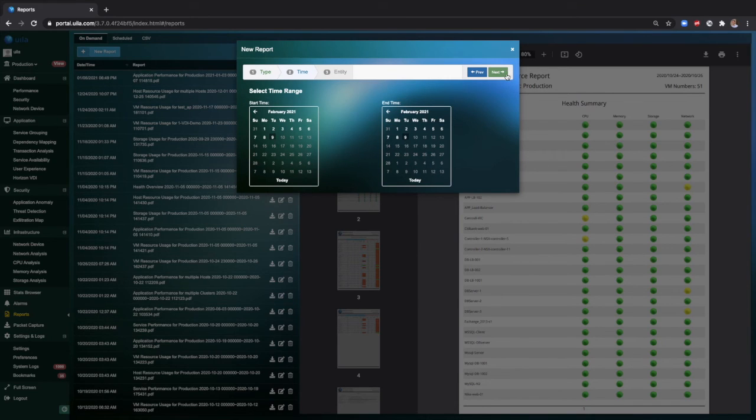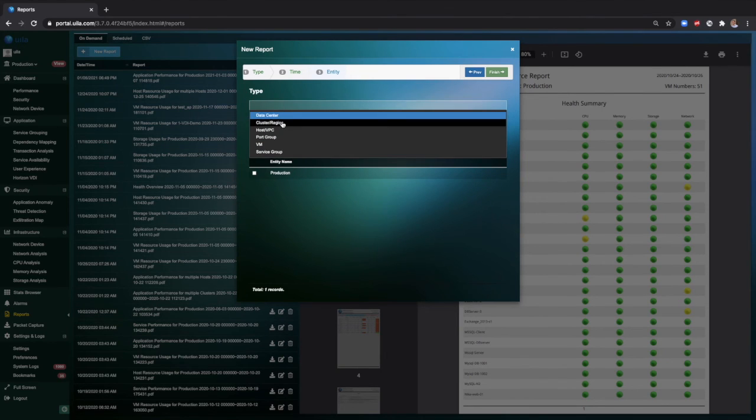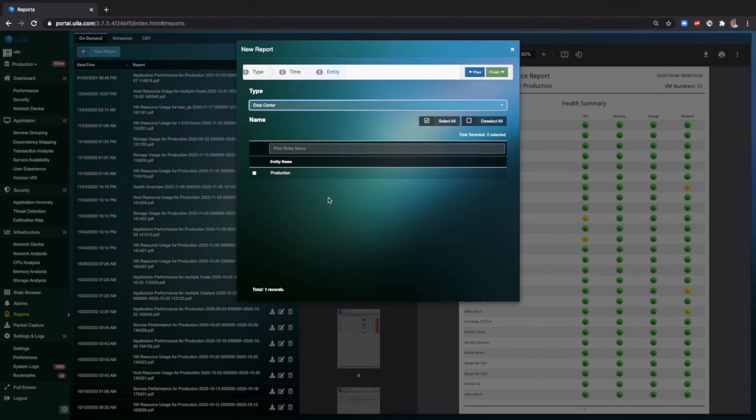And finally, the entities for which you would like to generate the report. In this case, you can generate it either for the data center, the cluster, the port groups, the virtual machines, or individual service groups. Once you select the checkbox,